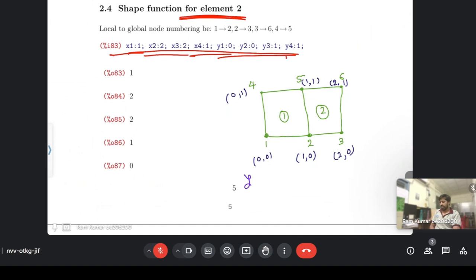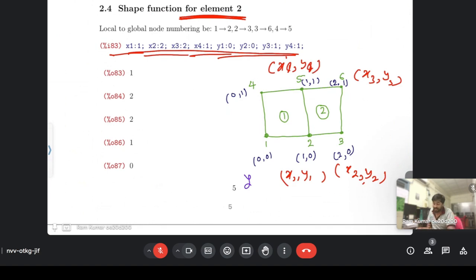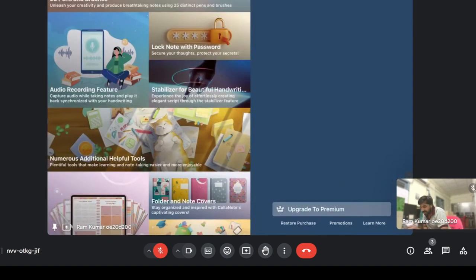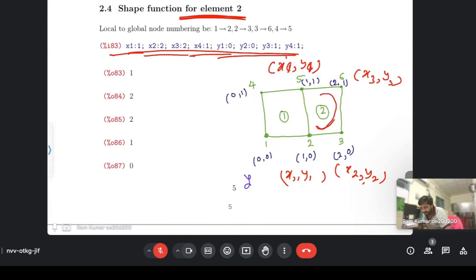Yes, so this is our x1, y1, then x2, y2. Okay, then x3, yes, this is x3, y3. Then x4. Yes, we have to go like this. You are correct, we are going anti-clockwise. This one also we went in the anti-clockwise direction. Yes, that's correct. So now we have to go through